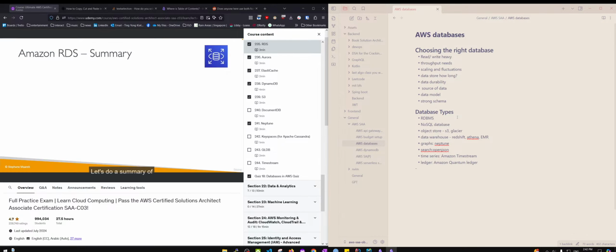So let's do a summary of what we learned in the Amazon RDS section. And if you need to go back into any of these points, I suggest you go back to the old lectures. This is a summary of what you should know out of Amazon RDS. So this is a managed PostgreSQL, MySQL, Oracle, SQL Server, DB2, MariaDB, or you have the custom version of